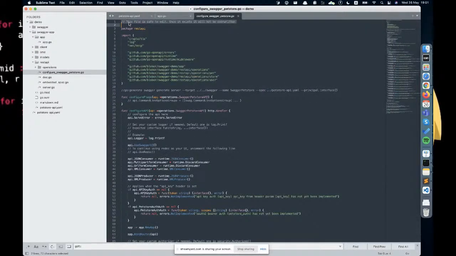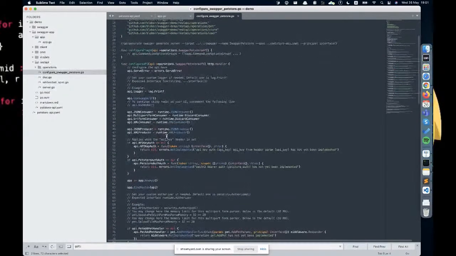You might see the comment right there. This is safe to edit, because once it's created, it will never be overwritten by the generator. So each time you rerun the generator, the changes right here would be saved. It's basically the configuration which is invoked right before your server starts. It configures serialization, consumers and producers.